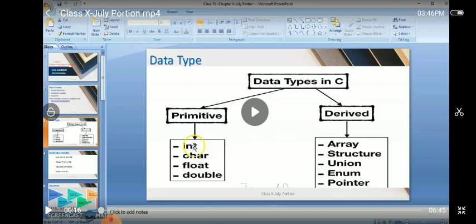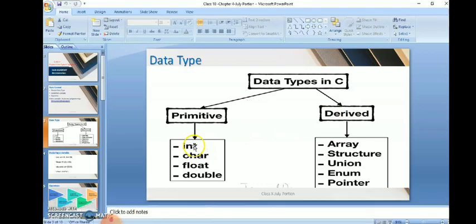Yes, so primitive is clear, like integer. If you are asking your age, we can put it as integer; character for name; float value, if you want to give some decimal value; and double value. Those are the primitive ones, simple, which can store only a single value in a program. When it comes to derived, it means things like array, structure, which you will be learning going forward.